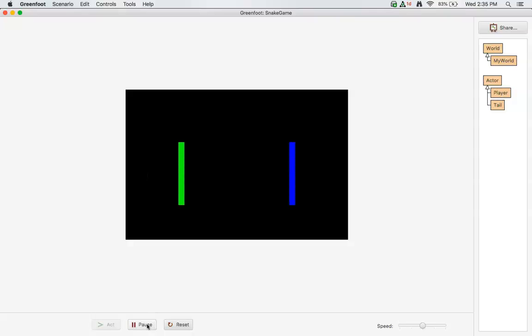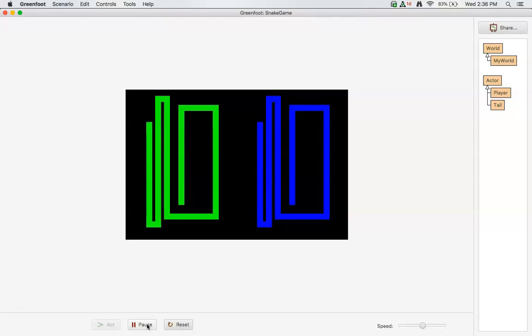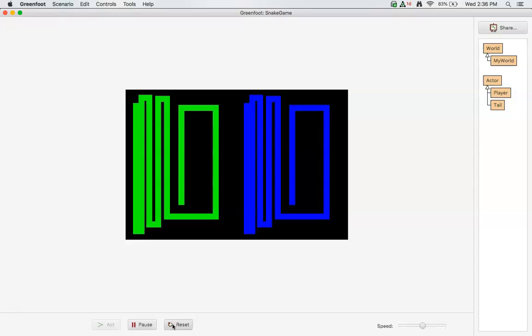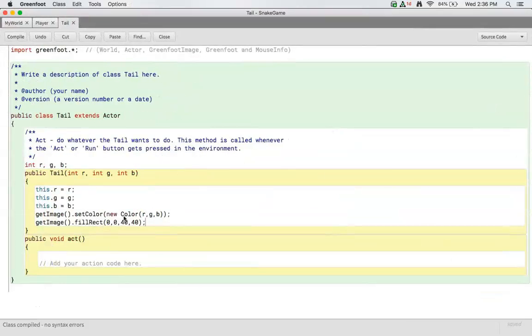So now when we run it, they will have the tail follow along, and we've made a nice little game here. Okay, now we need to make sure, first of all, that the tail doesn't go on forever, but we have